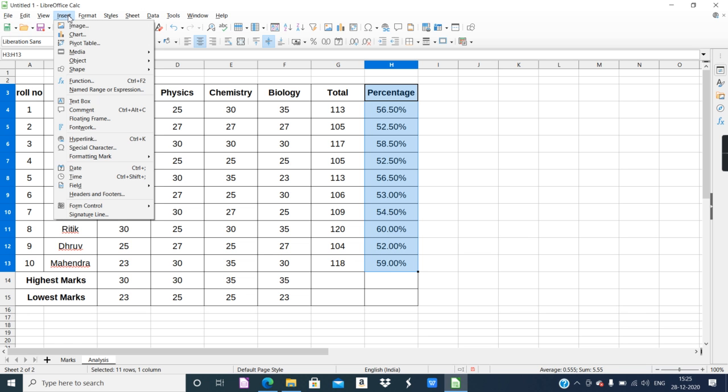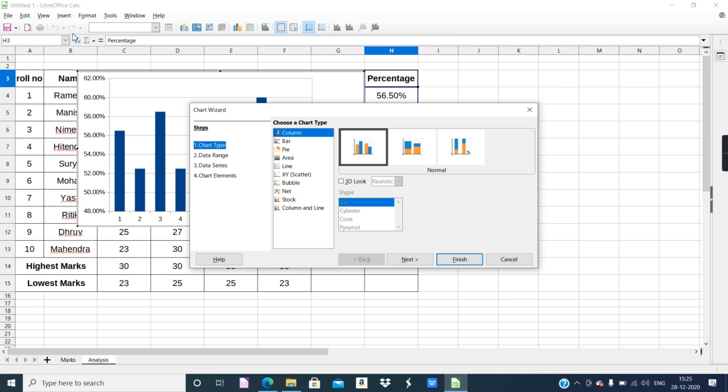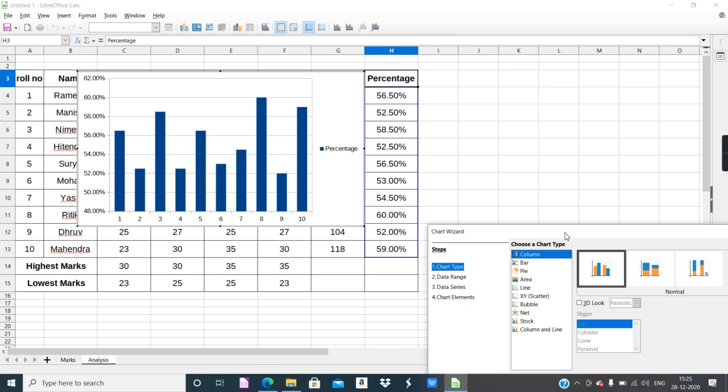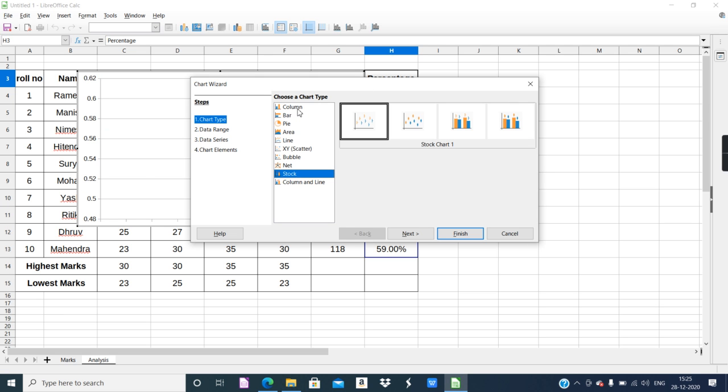Click on Insert, click on Chart. See, the chart has already been created in the background. You can choose any type of chart that you want: column, bar chart, pie chart.